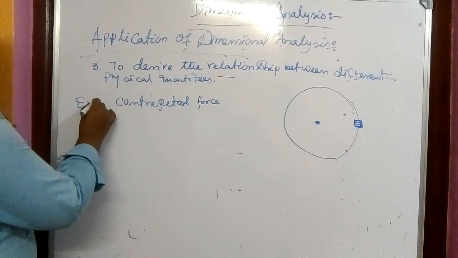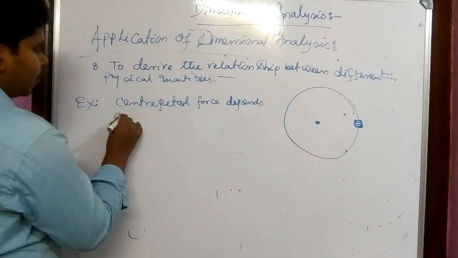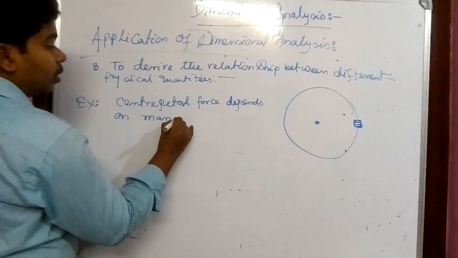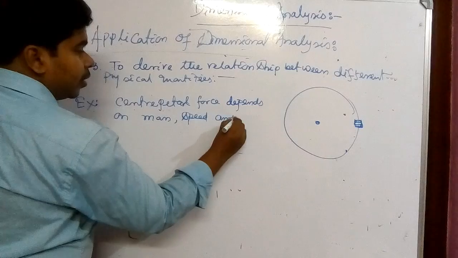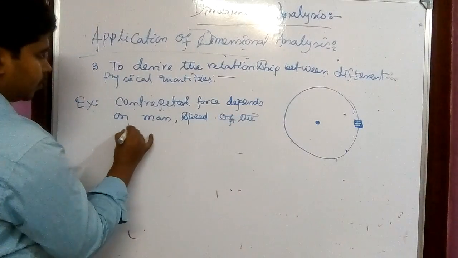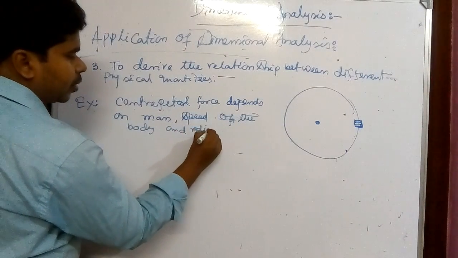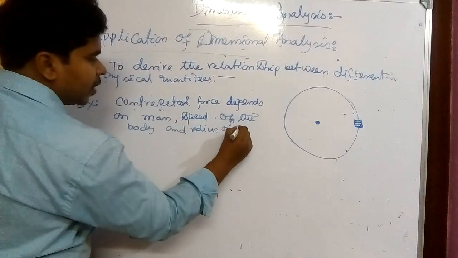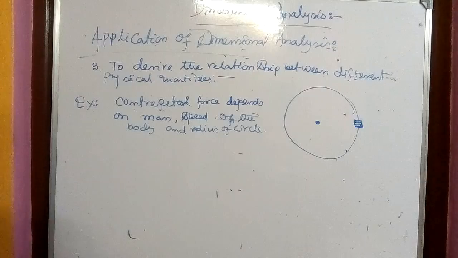It tells us that centripetal force depends on mass, speed and radius, speed of the body and radius of circle. What I'm telling, that centripetal force, this is one kind of force which depends on three things. First one,